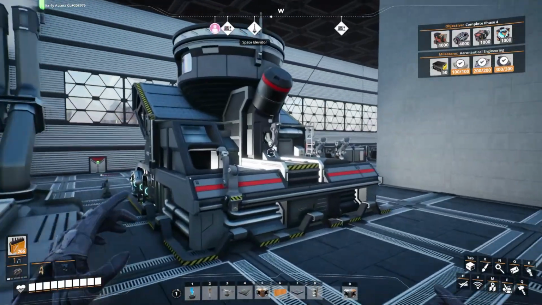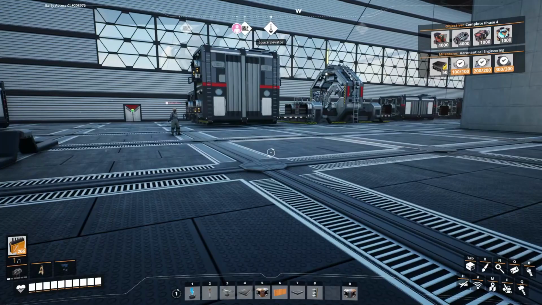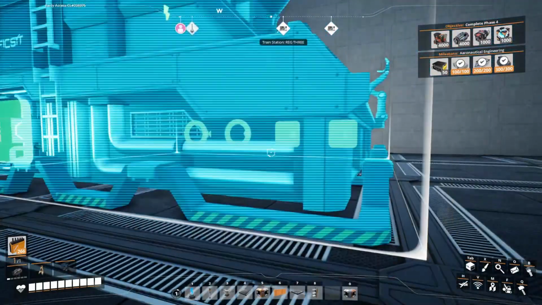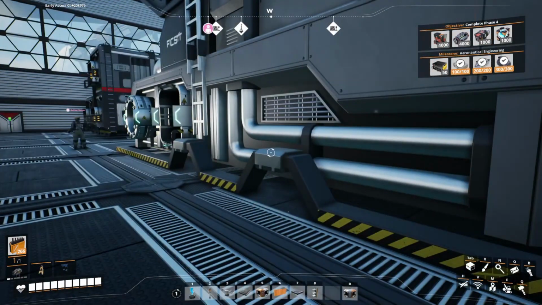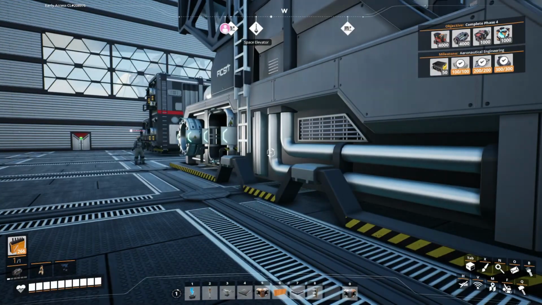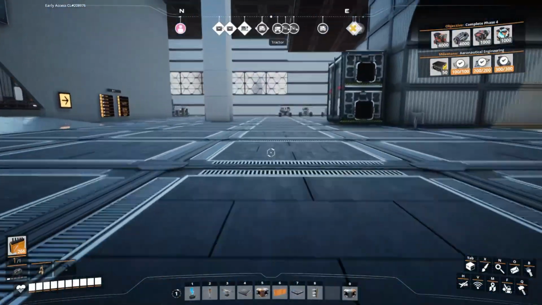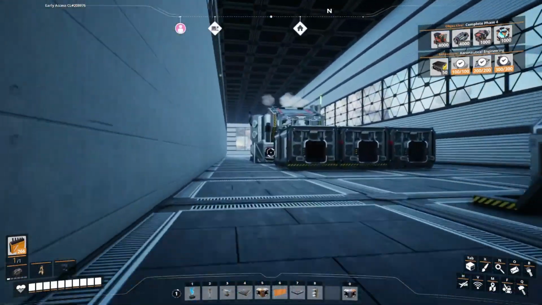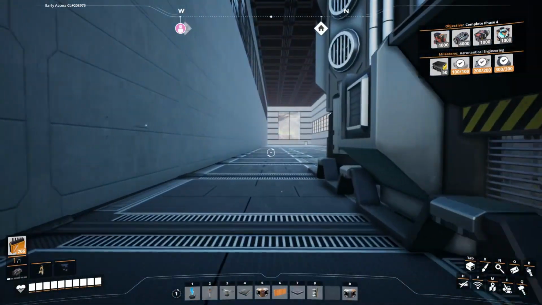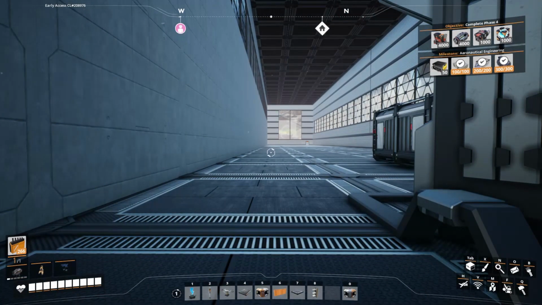Why is he not giving me any recipe? We have unlocked some recipes for it, I'm sure. Yeah, I'm not seeing the recipes either. So, turbo. Ah, because we maybe don't actually have a recipe for it yet. I need to go to the...